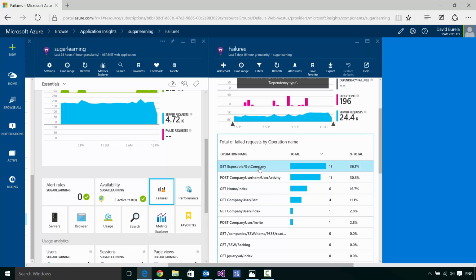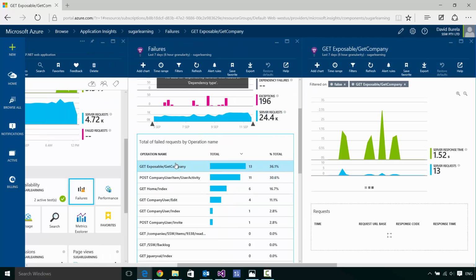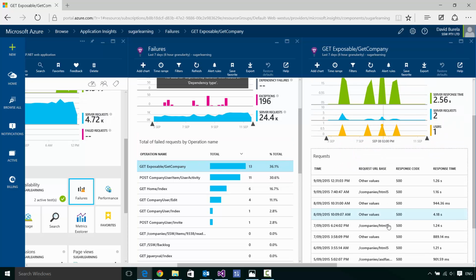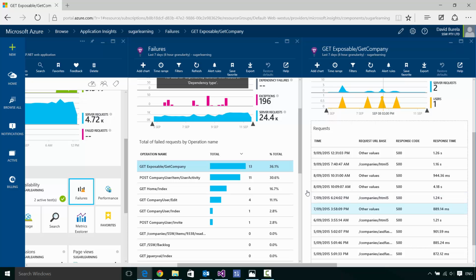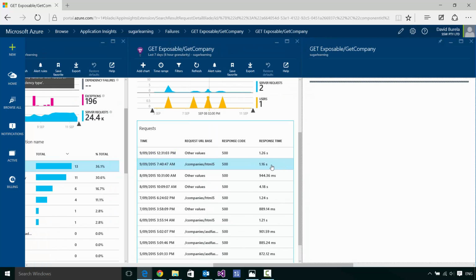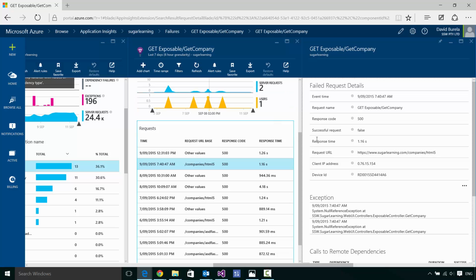So let's go and drill into this MVC controller. We can click and we can see all of the requests that were done on this when the exceptions happened. So let's just pick this one, and this is giving us some more background on what happened with this exception. If we have a look, we can see all the